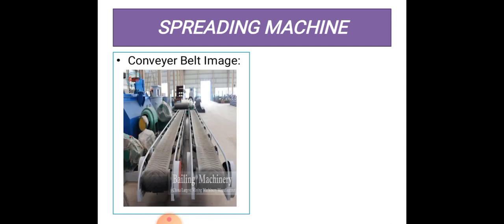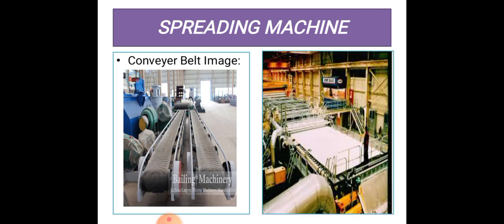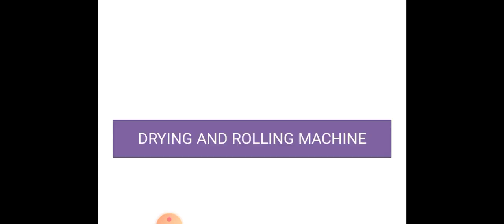See, this is the conveyor belt image. This is how it looks. If you have visited an airport, you could have seen, when you try to collect your luggage, it's moving on the belt. That's called the conveyor belt. And now this is the spreadsheet. So do you see how evenly it is being spread? Because this is where the length, the width and the breadth are being taken into consideration, how much the size is supposed to be of the paper, and the thickness as well.